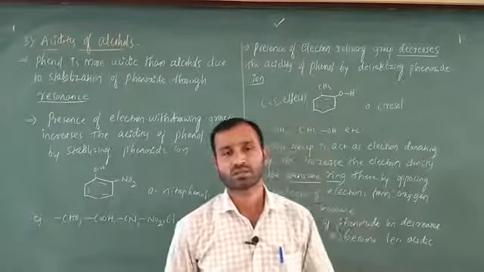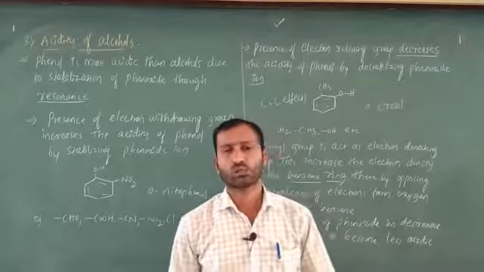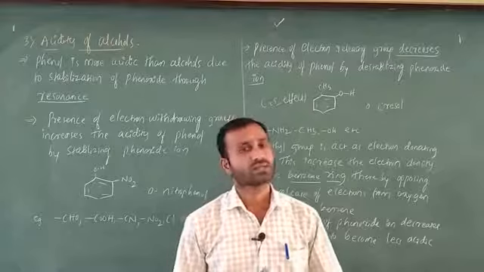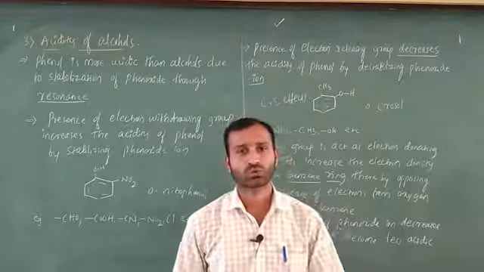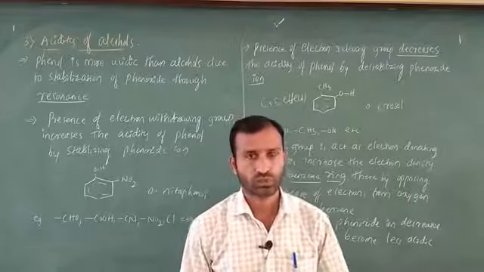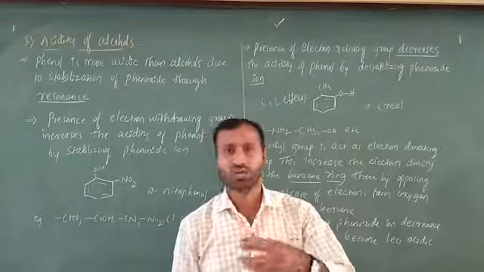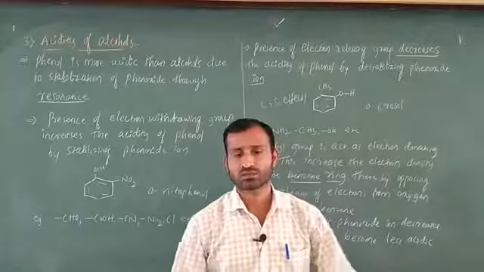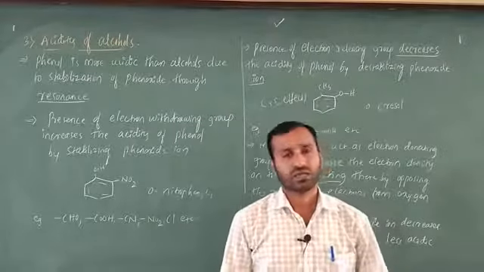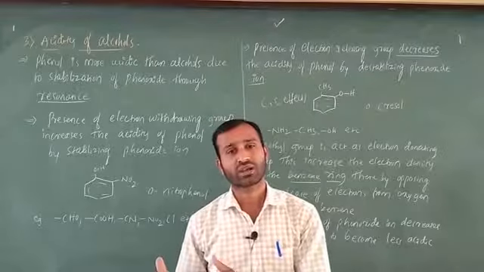As we discussed last class, an important point about the acidity of alcohols. The most important point: in the acidity of alcohol, electron donating groups and electron withdrawing groups are the two most important. If an electron donating group is there, the acidity is going to decrease. If an electron withdrawing group is there, the acidity is going to increase. So this is the most important point. Next, if there are more electron donating groups, the alcohol is less acidic,